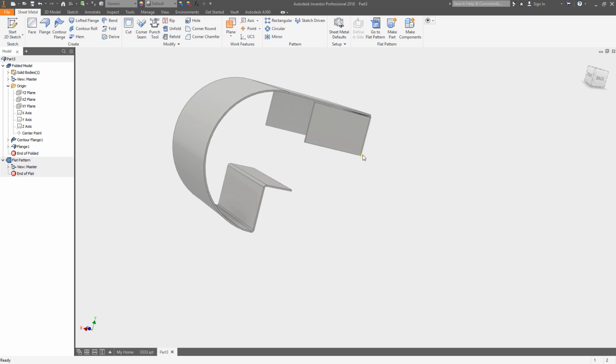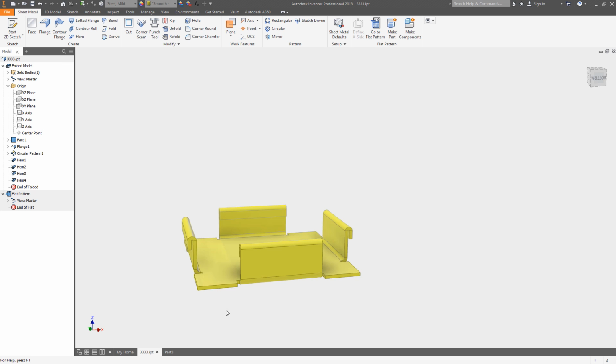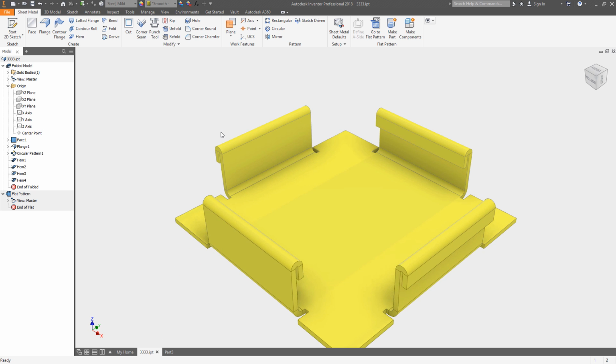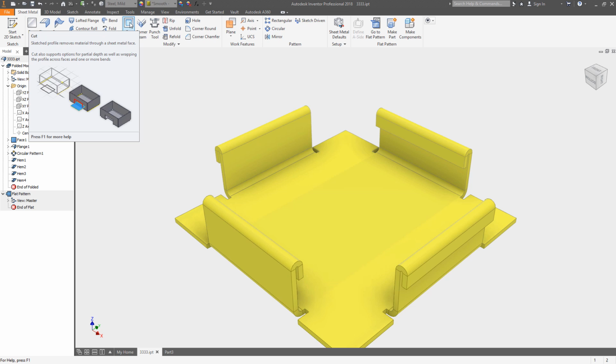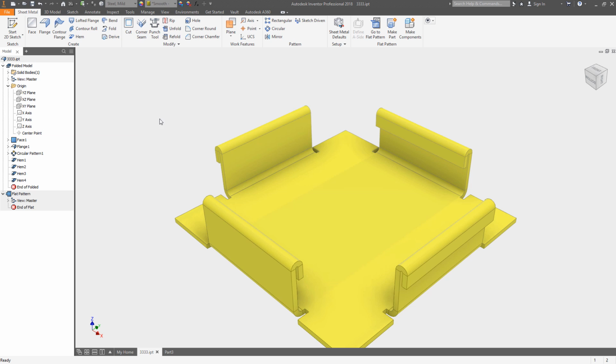But there's a handful of additional sheet metal tools that I want to make sure that you're aware of. So let's go back over to this component here. And that is, when you're creating geometry, you could use regular extrusions and that sort of thing, but you'll want to make sure that you use in sheet metal the cut command. And the reason you do that is it takes into account the thickness of the material. So if the material thickness changes, and there's also some really cool features that you can actually do and add inside of